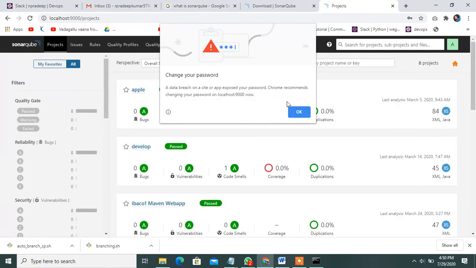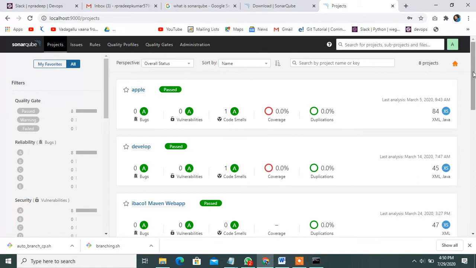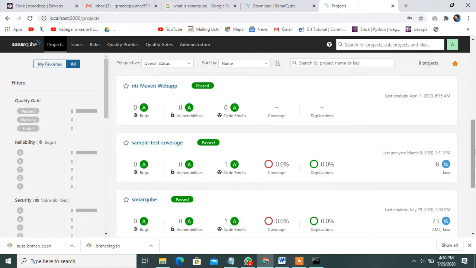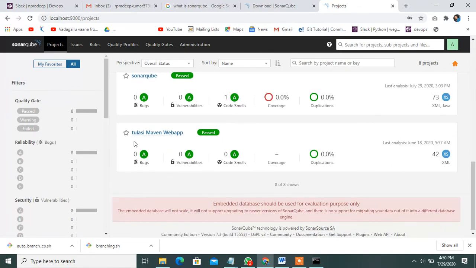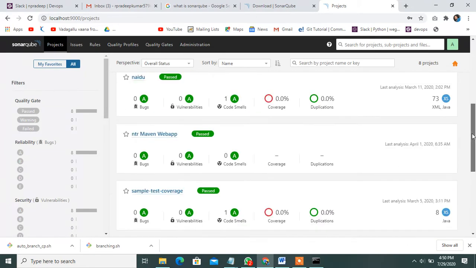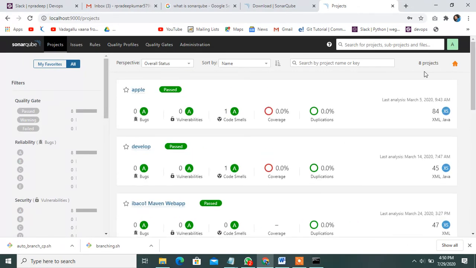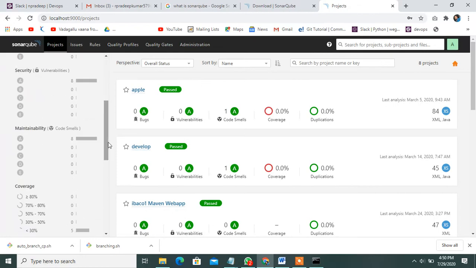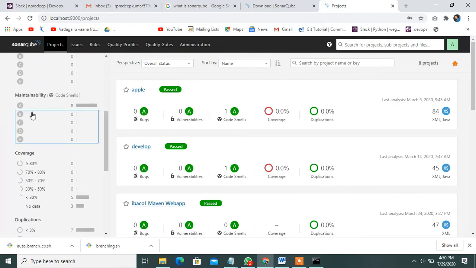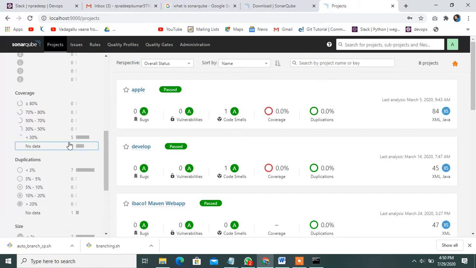It displays all the projects. My 8 projects are already done; those will be the project names. See, observe it carefully. These are the 8 projects, with the project count. This shows code quality: reliability, security, maintainability and coverage, as percentages.